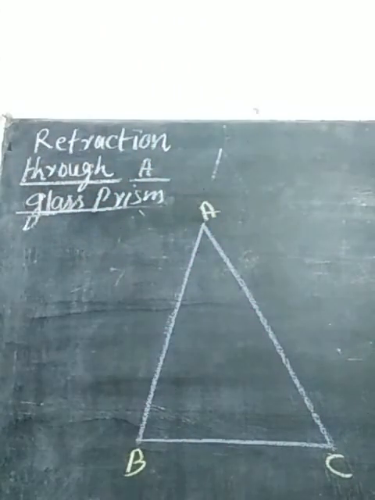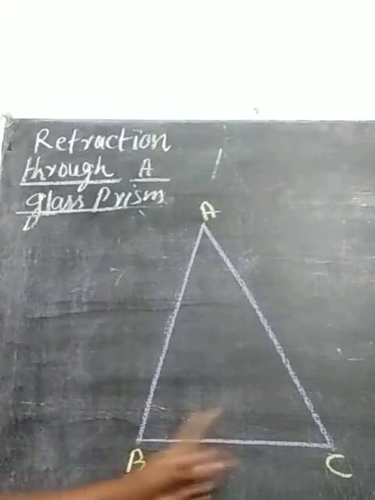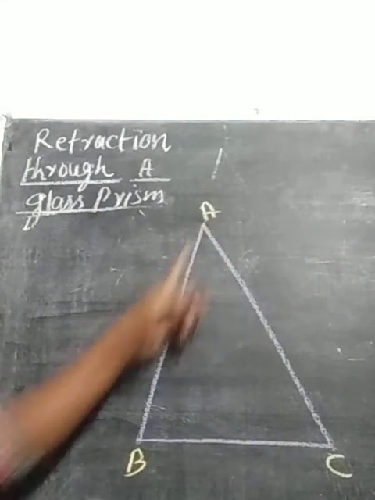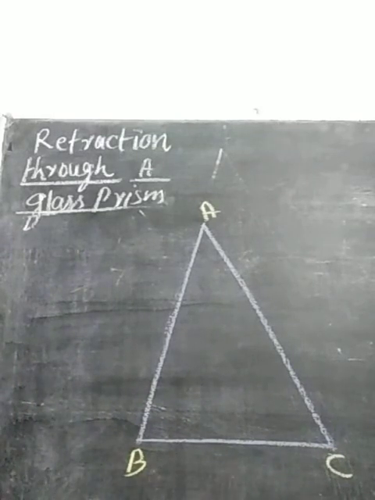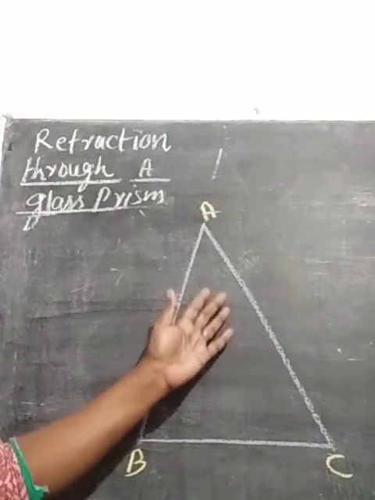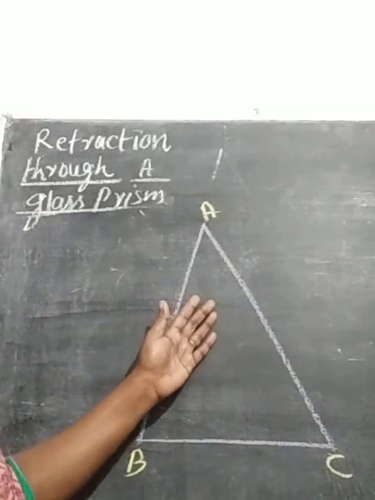A prism is a transparent medium that is made of glass, and a prism has two triangular bases and three lateral surfaces. Here I am ready with the glass prism on the board. ABC is a glass prism, and these are the different points we can mark on a prism. This particular prism has two triangular bases and three rectangular lateral surfaces, and it is made of glass, so it is a transparent medium.